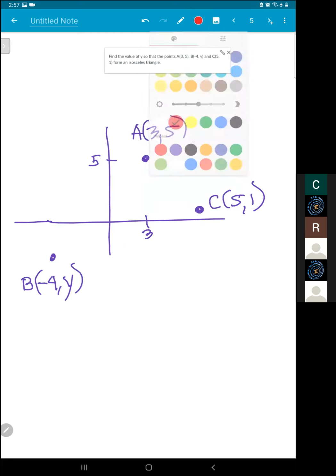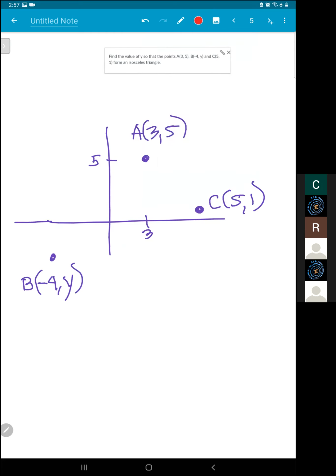And it should not be hard to see that, of course, you cannot always base your